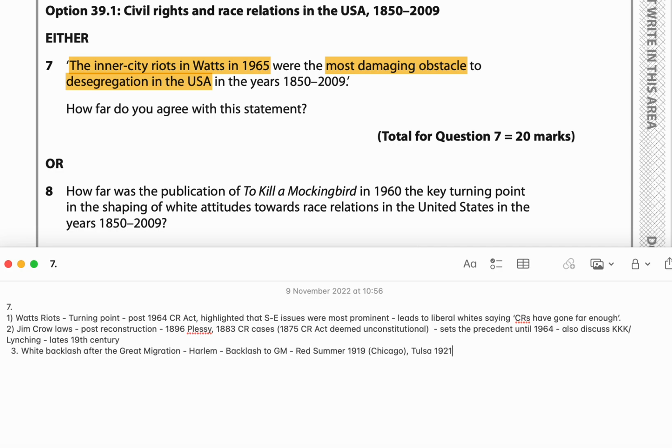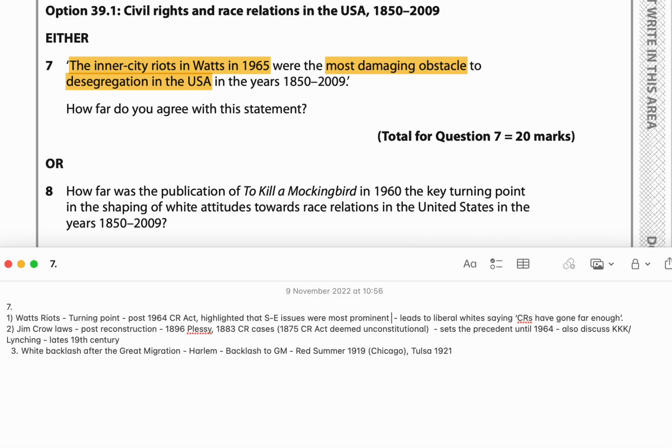You could say that this was an obstacle to desegregation, because when Black Americans moved to the North, they faced great hostility. So I'm looking at this, and have we covered, if we look at the evidence here, all the period? Maybe not. So perhaps in this paragraph you could say, this idea highlighted that socioeconomic